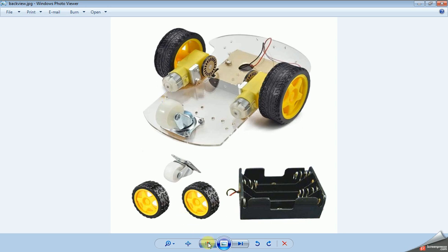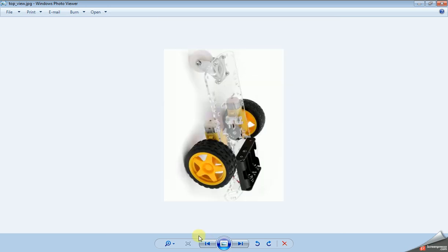So let's understand how to move this robot in different directions. If you want to move this robot in the forward direction, then the two motors, the left motor and right motor, have to rotate clockwise. If both are clockwise, then it will go forward. If you want to move this robot backward, then the two motors have to rotate anti-clockwise.